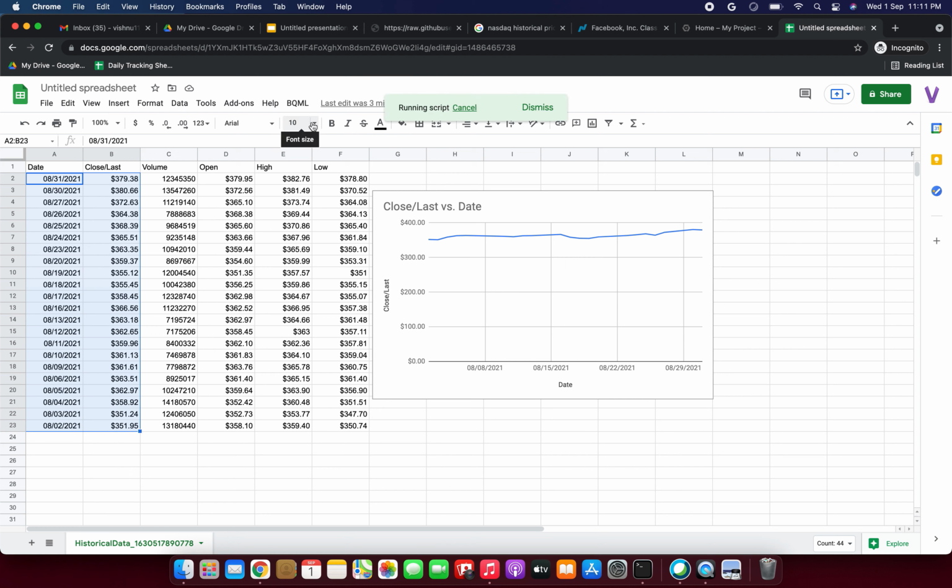We are getting the error: exception, invalid argument, time zone should be of type string. I'm clicking dismiss. Now let me check it again. Okay, just select this date column, column A, and